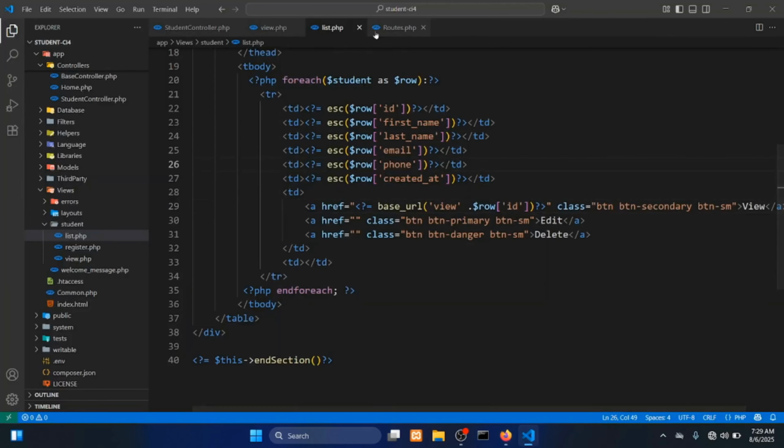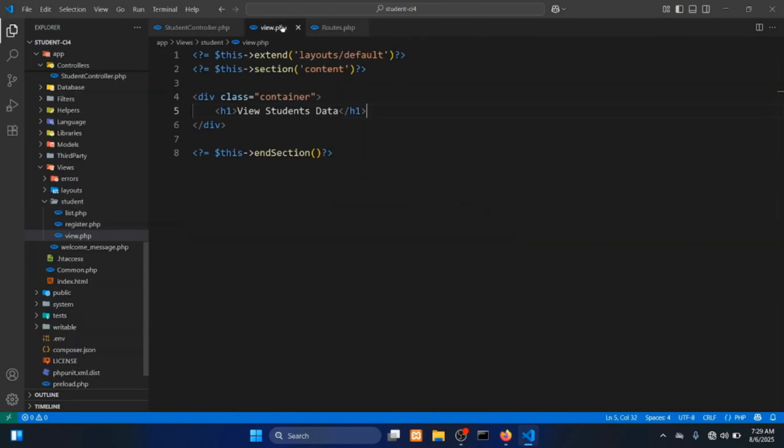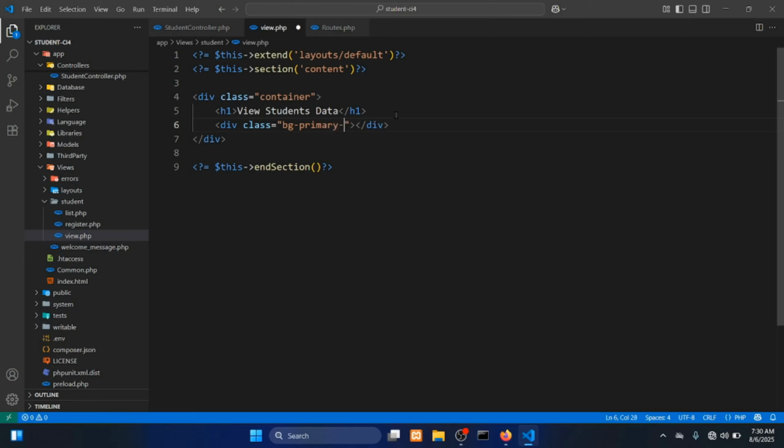I go in my view folder, then inside that h1 I need, if it has a class of background primary subtle,